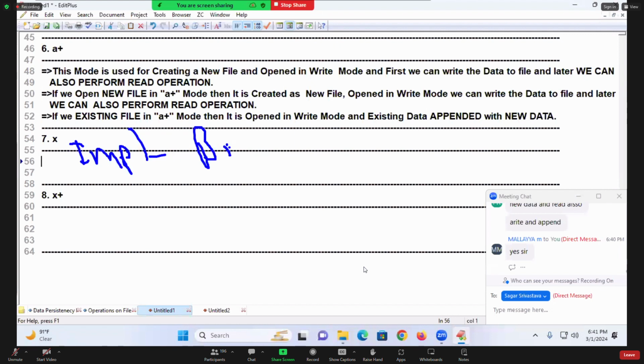Biometrics for maintaining the employee timings for sign in, sign out purpose. Suppose that is implemented by using one file. The file is created on what calendar basis? The file name is created on